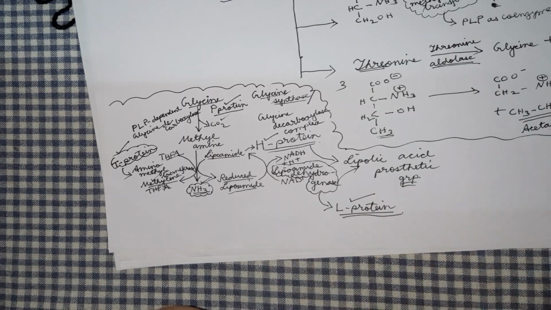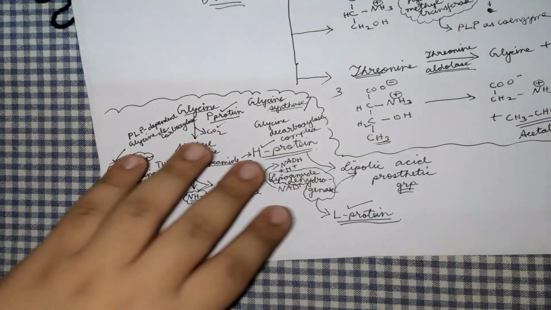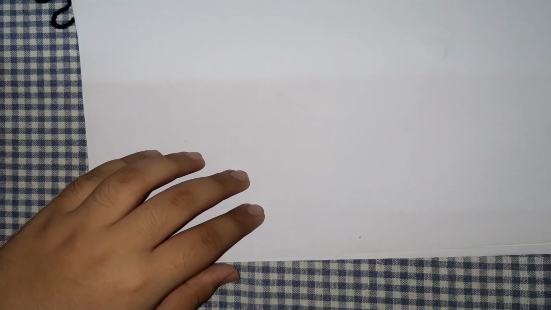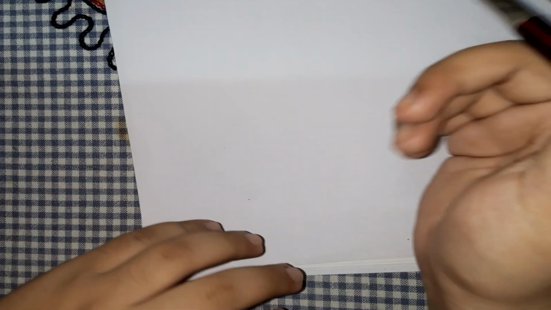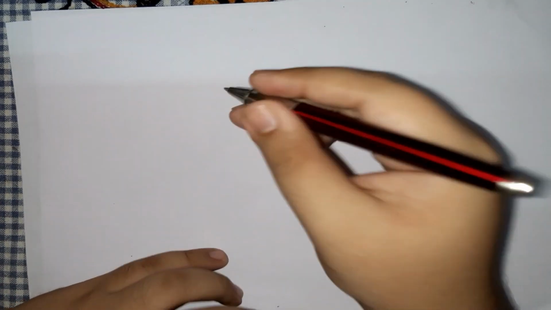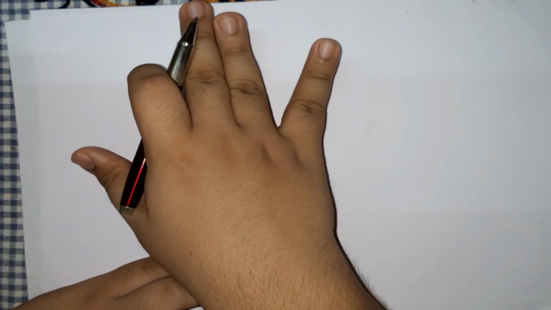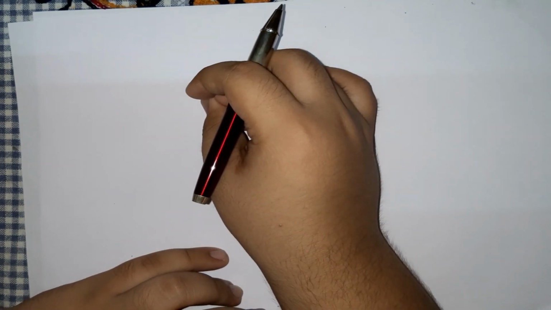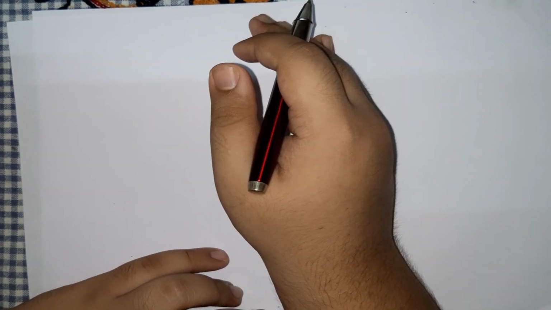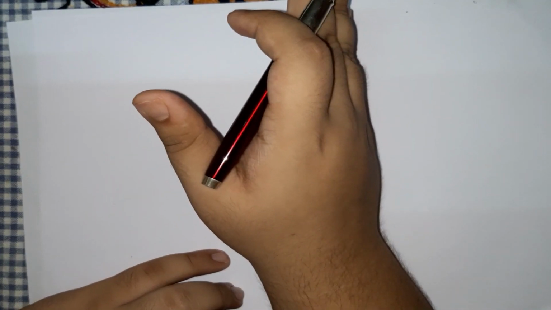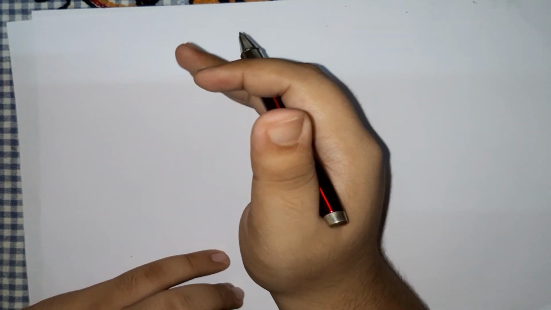Right. Now we will be changing the page at last. So now what we are going to do is start with the metabolic pathways which glycine is following. We talked about how glycine is formed, the different methods by which it is formed. Now we will talk about how glycine is broken down and how it forms different other products which are important for our body. The first thing that we talk about is